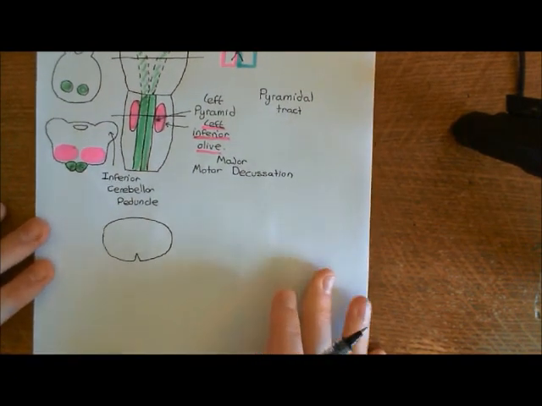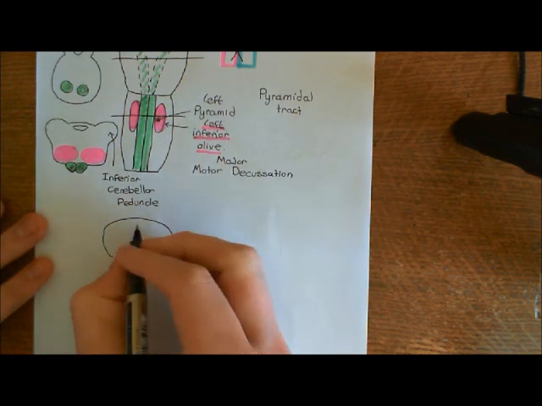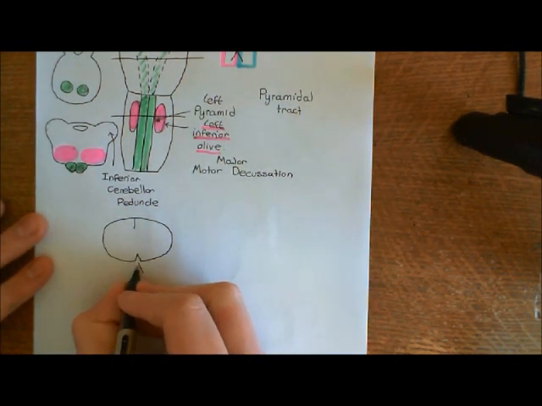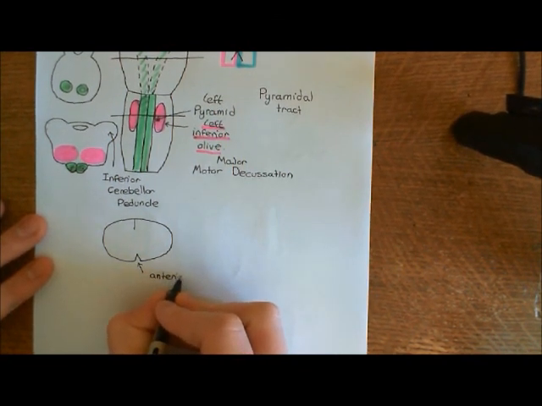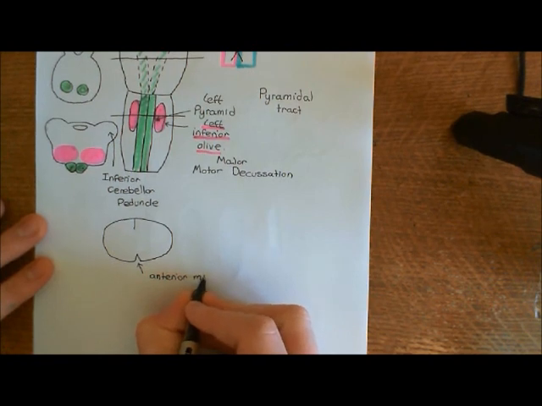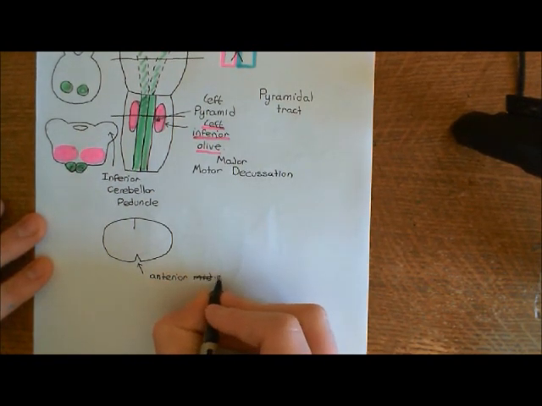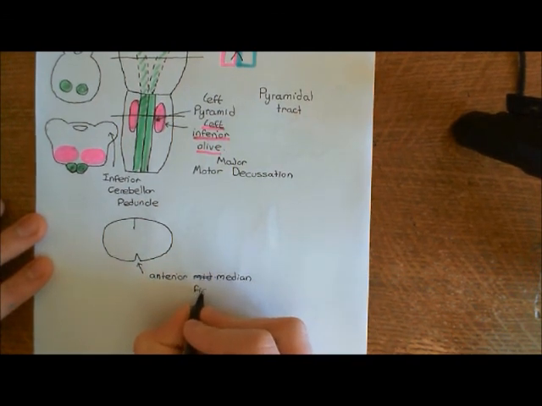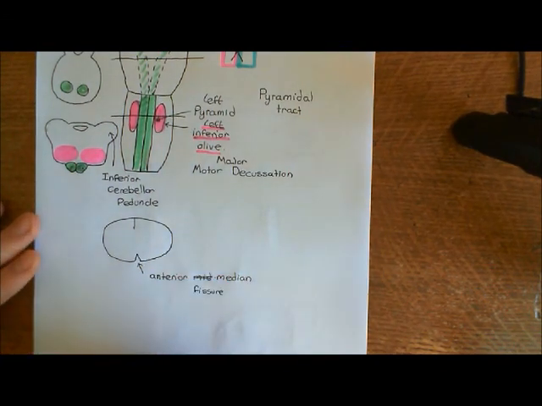Okay, right, so we've taken a transverse section of the spinal cord. The spinal cord is a nice oval shape. Let's put on a few of the features of the spinal cord. At the front here, we have the anterior median fissure. Anterior, median, which is another name for middle, and then fissure, that little crack that runs all the way down the spinal cord on